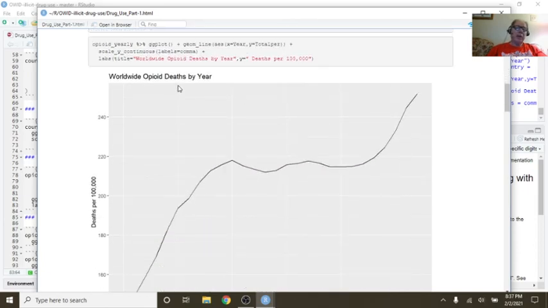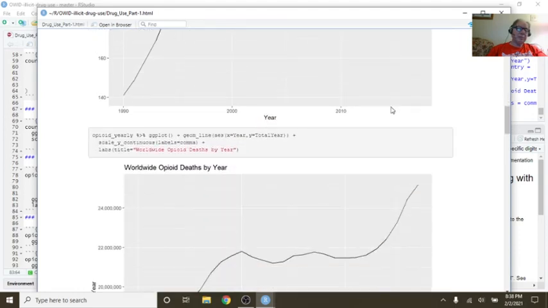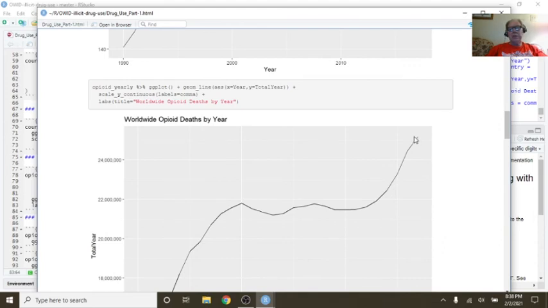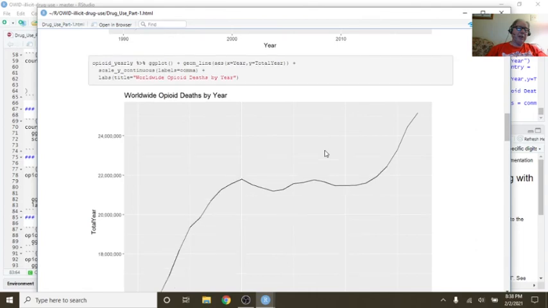This is worldwide opioid deaths by year per 100,000. So you can see worldwide we're over 240,000. We'll be over 24 million, maybe 24,500,000 deaths each year from opioid deaths. Can that really be true?